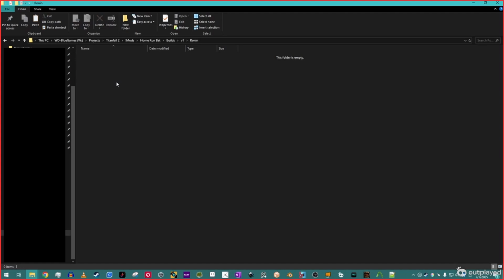Inside our Ronin folder is where our actual mod folder will go. In this tutorial, I made a template for you to use. Please download it from the link in the description below, paste it here, and extract it. Then delete the compressed file. Next, inside this template mod folder, you'll see a